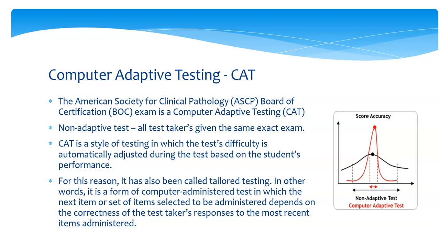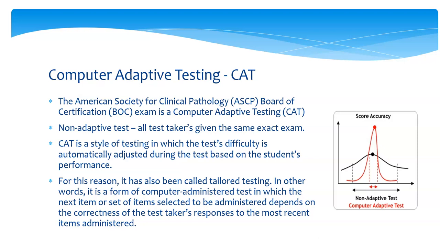So this is an adaptive test. A non-adaptive test is where all test takers are given the same exact exam. Back in the day, we all went to this huge auditorium. We were each given a booklet that had the same exam, and we would bubble in our numbers on a Scantron sheet. Well, CAT is a style of testing in which the test difficulty is automatically adjusted during the test